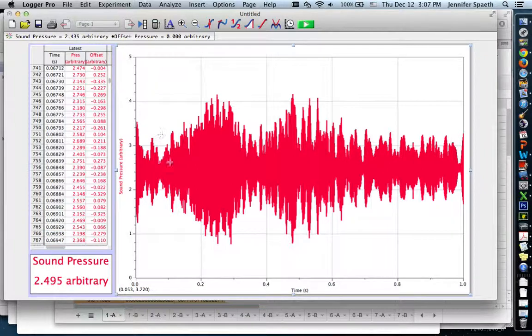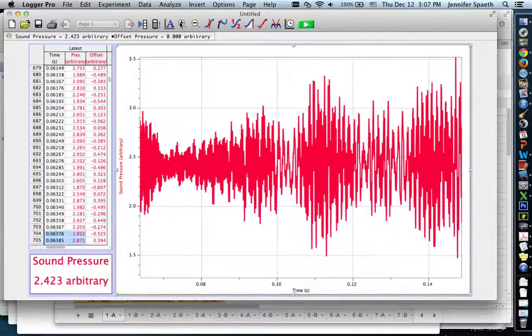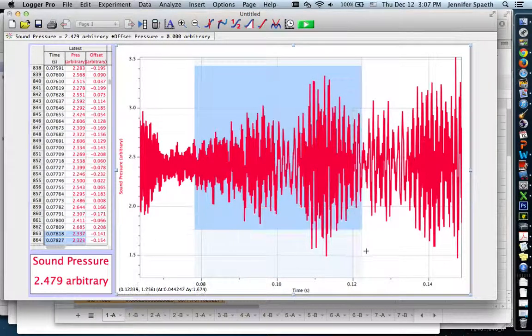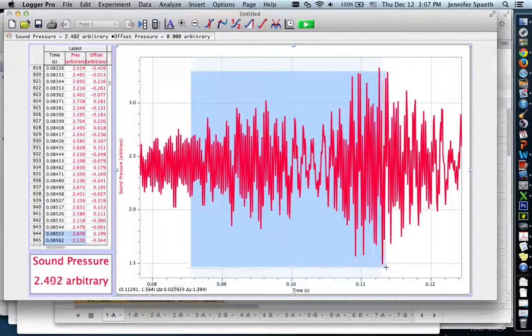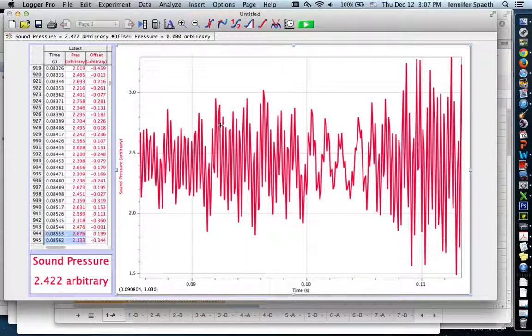So this was kind of, we would zoom in as the buzzer approached the probe, and so you can zoom in and you can continue to zoom in, and we did some counting of waves. So we did a bunch of zooming in like this, and we actually counted out 34 waves and did some math to calculate the average length of one wave. And then